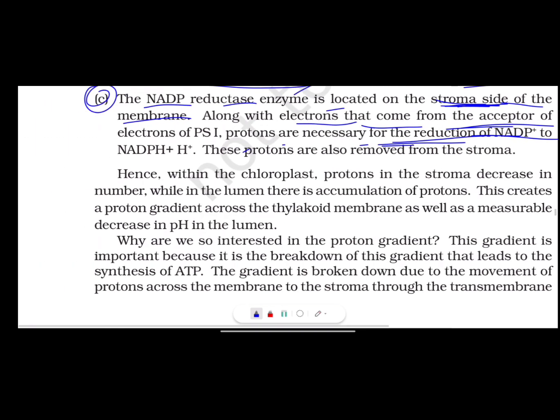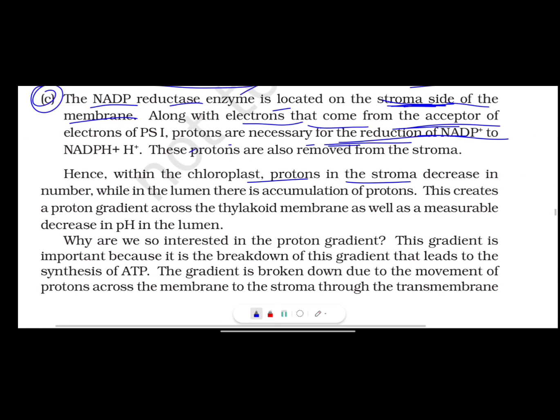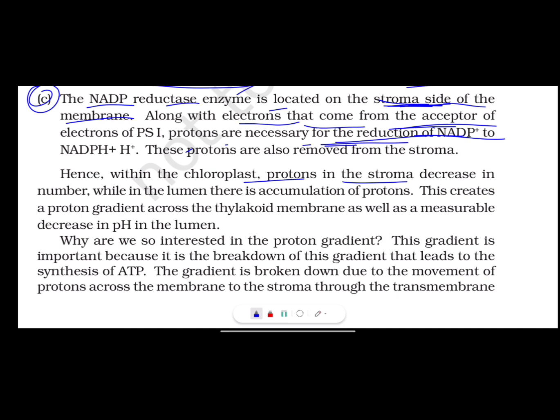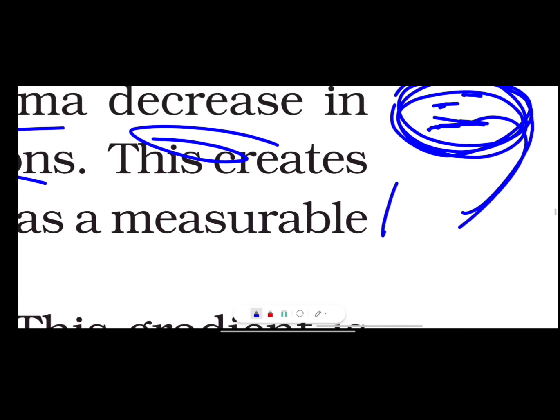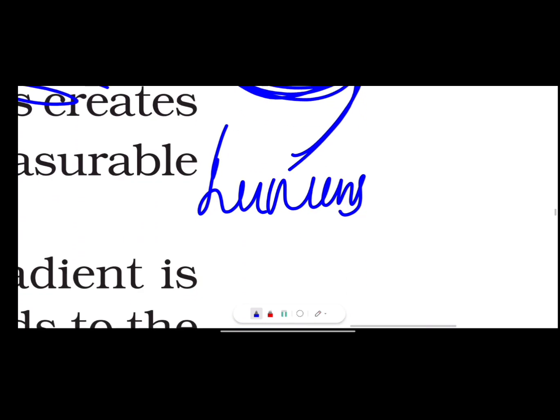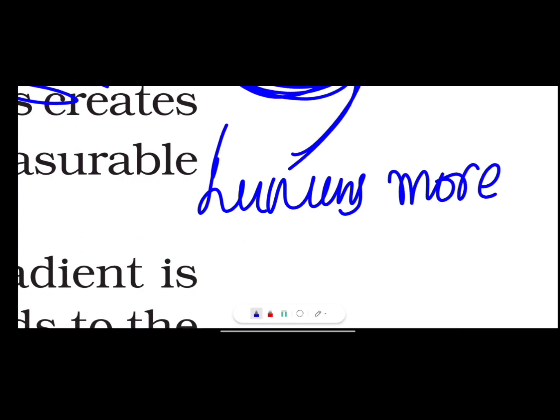Hence, within the chloroplast, protons in the stroma decrease. This is the chloroplast, the stroma, and these will be the granas and thylakoids, and protons in the stroma will decrease in number, while in the lumen there is an accumulation of protons. So in the lumen more H plus will be there,